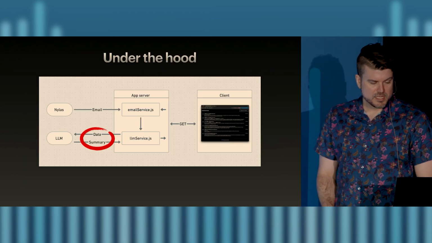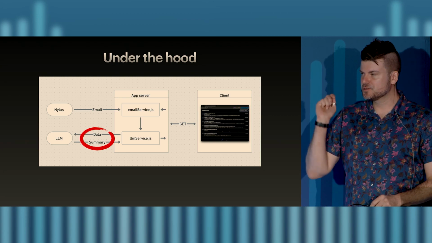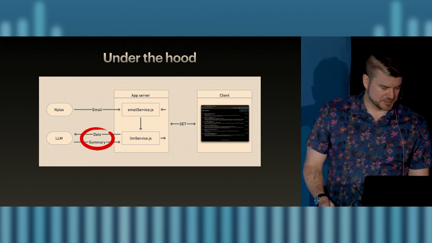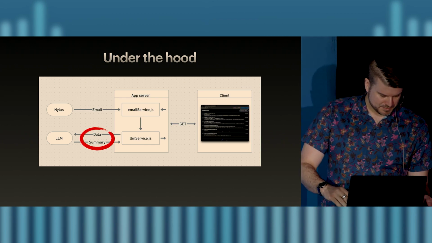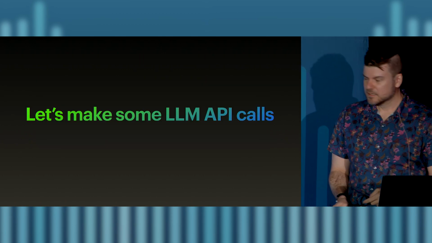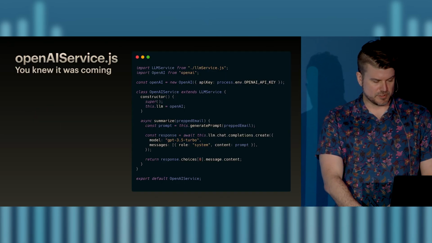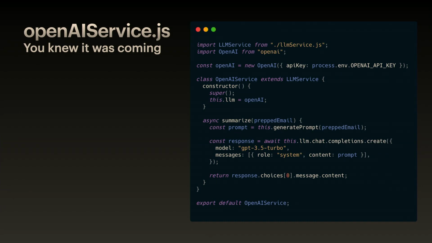So here we go. Now we're going to move on to passing the data to the LLM services, right? This is the more interesting bit, and then getting those summaries back. This is the part where we get to make some LLM API calls. We'll look at some code first. All right, so this is the OpenAI service. You knew it was coming. You knew we would talk about OpenAI at some point. It won't be the only one we talk about, but since everyone probably has at least passing familiarity, and with this group I assume probably more than that, this is a good place for us to just have a look.